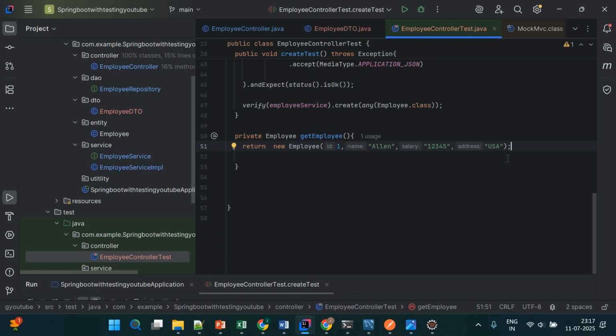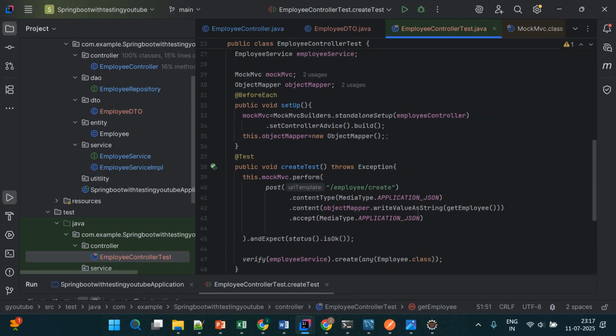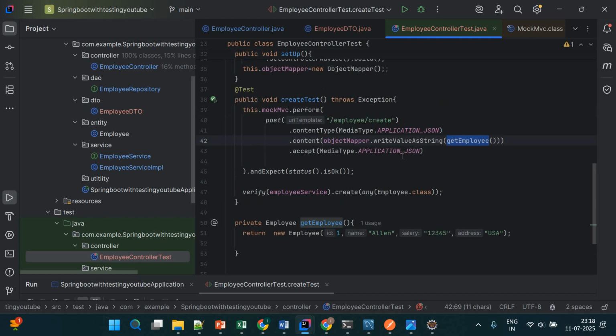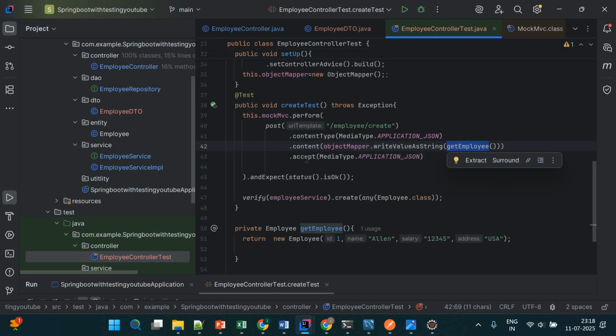So this object will be ready, and this object will pass under this write value as a string. So we know that object mapper is converting a Java object to a JSON object, right? So that request is going with Postman like that. You can think that this employee object that we have created here will convert into a JSON, something like that, and we are checking accept media type application JSON, and at the end